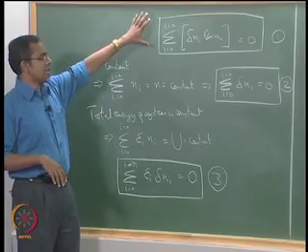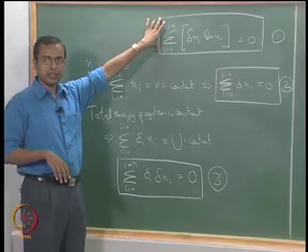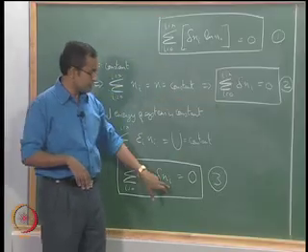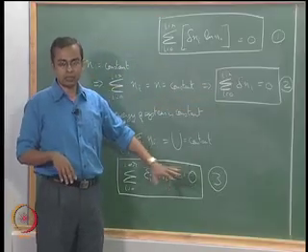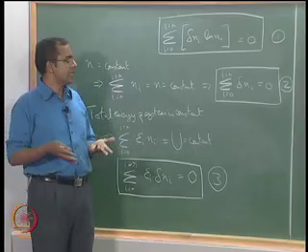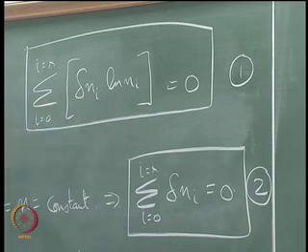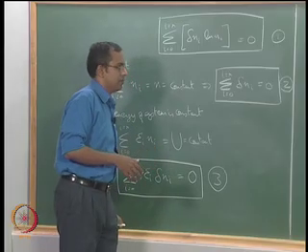So it is the same as saying that you have a function which you want to maximize, but you are subject to this path given by these constraints. So you are stuck to that particular path that these constraints give you. Within those constraints, what is the maximum value that you are going to get? That is the question that we are trying to answer. So this is the mathematical problem that we are dealing with.